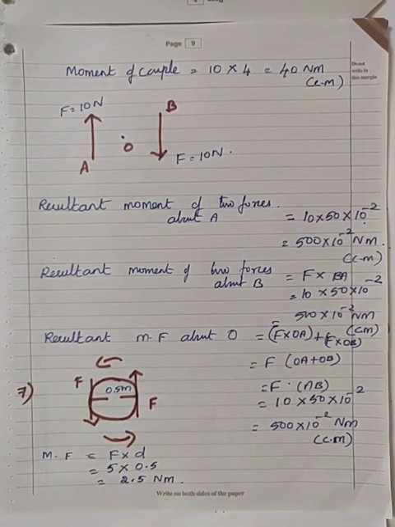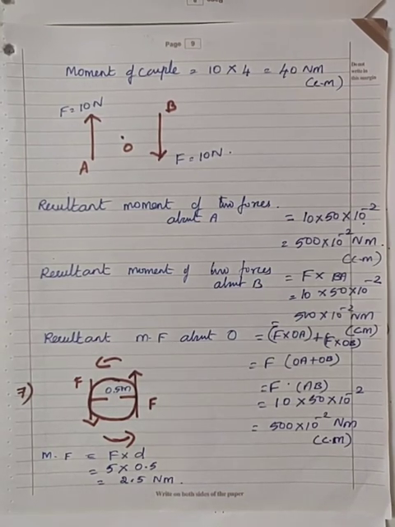Yes. So in today's class we have discussed 7 numerical problems. All the problems are based on the same concept, that is moment of force. Moment of force is equal to the product of the magnitude of the force and the perpendicular distance between the line of action of the force and the pivoted point. And the SI unit of moment of force is Newton meter. If you know this concept, then it is easy for you to solve the numerical problems. Next class we will discuss the remaining problems of this unit. Yes, students.